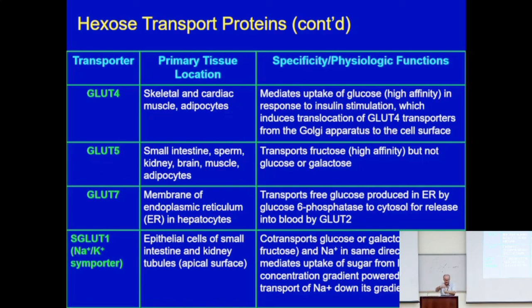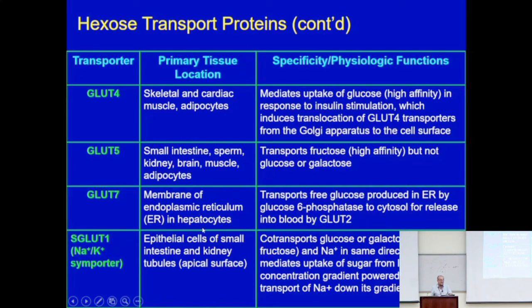Because they're going to bring in the glucose from the bloodstream. GLUT7 is unique in that it is intracellular. It's inside the cell. It's part of the ER membrane, endoplasmic reticulum. It's exclusively found in hepatocytes,